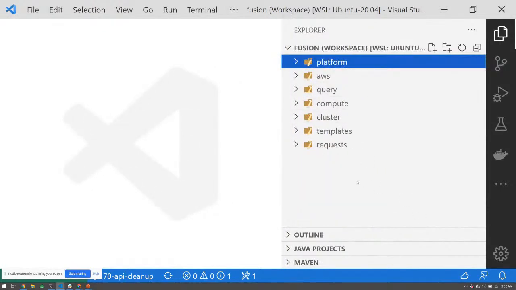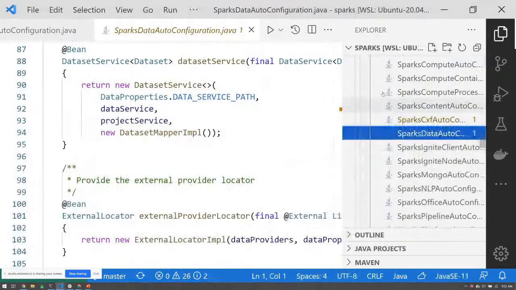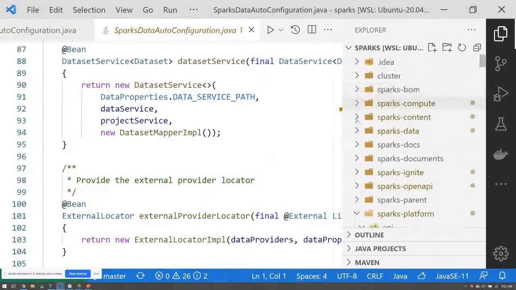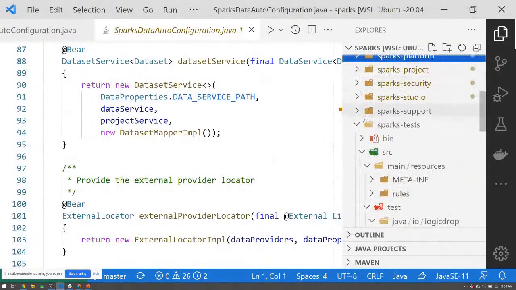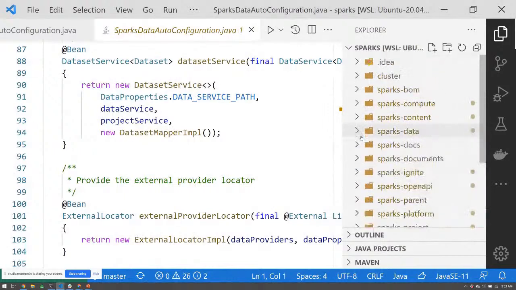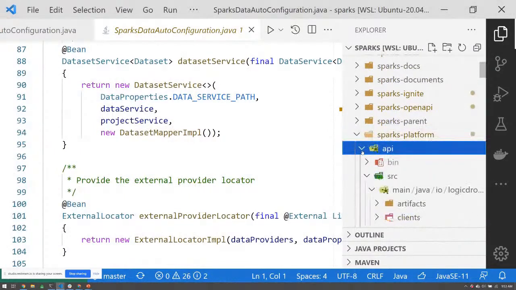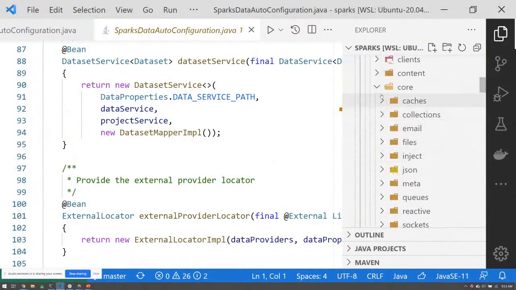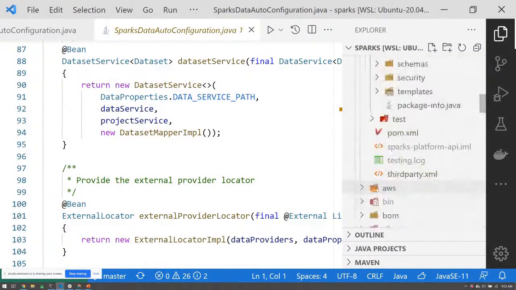Oh, actually, trying to think what's the best way to demonstrate this. So let me just show you what our project looks like from a package level. It's pretty much one-to-one to a POM level, but we have a platform. Then we have our API. Then we have config, and that just goes on forever.